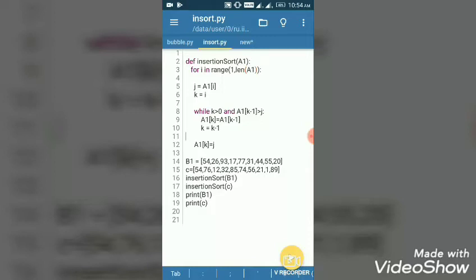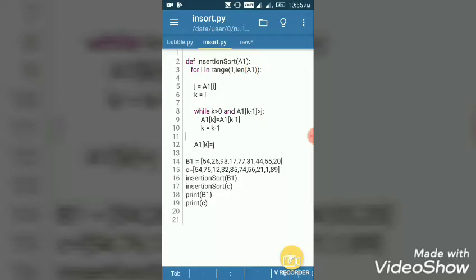Then k will hold the index number of that element. Then the while loop is running until k is greater than 0. When k is 0, the loop will be terminated, and there is also a condition that a1[k-1] is greater than j. So j holds the value of a1[i].